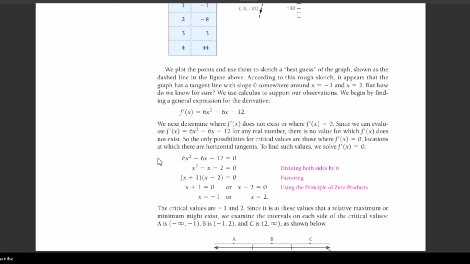Then here we see that the common factor is 6. They divided by 6. Then this equation became x squared minus x minus 2. Then the factors became x plus 1 and x minus 2. Therefore, solving, x is minus 1 and x is 2. Then from there,